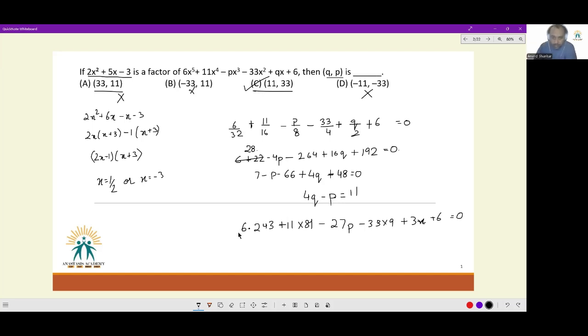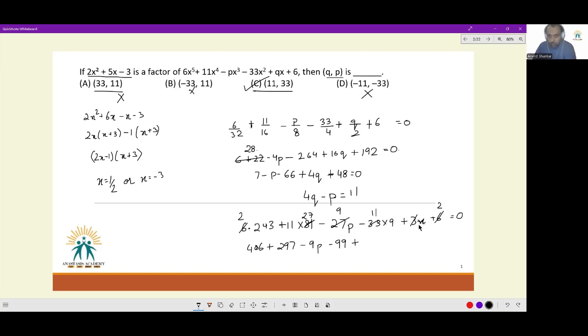Okay. We can get rid of 3's everywhere. This will turn to 2. This will turn to 27. This will turn to 9. This will turn to 11. This will go away. This will turn to 2. So 2 into 243 is 486. Plus 27 into 11 is 297. Minus 9p minus 99